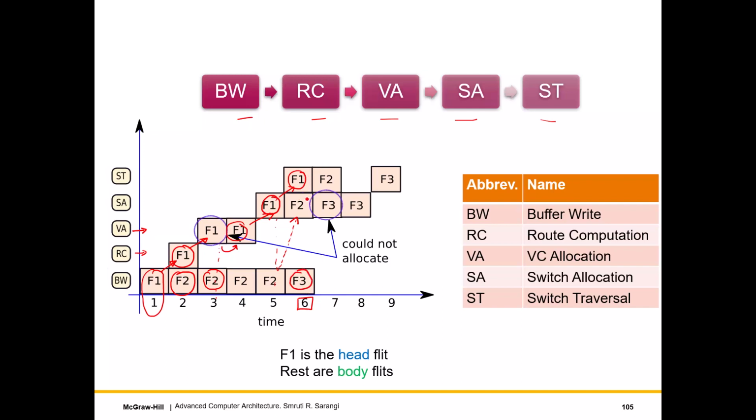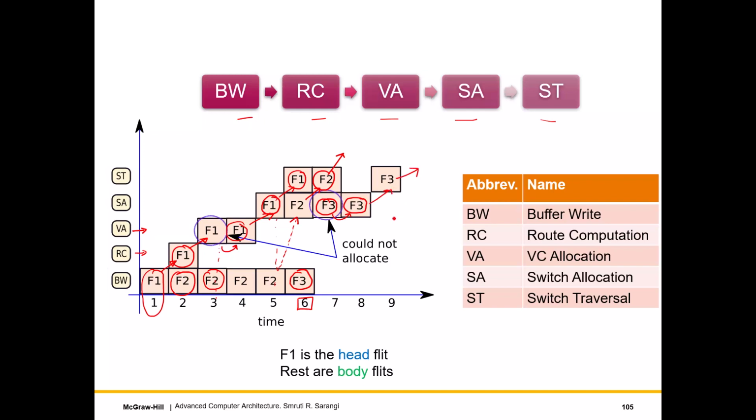So then what we see is that in the 7th cycle, F2 is allocated a switch port and then F2 goes away. And then goes away means it is transmitted to the next router on the way. And F3 goes to the switch allocate stage, where we see that we need to stall for one cycle. The reason being that we are not able to find a switch. So basically what happens is that this goes from here to here. So we wait for one additional cycle for the switch allocation to happen, and finally F3 gets transmitted over here